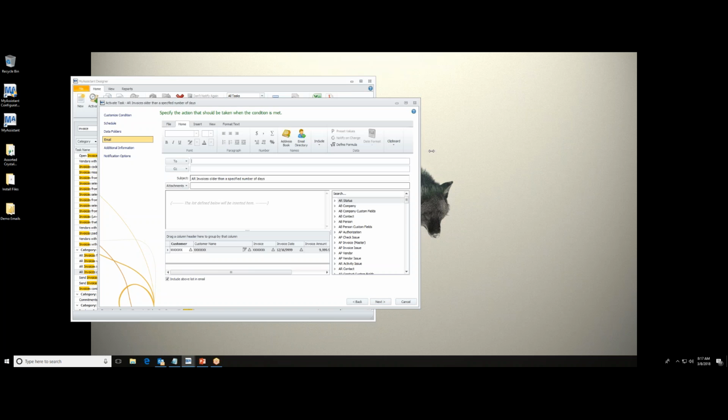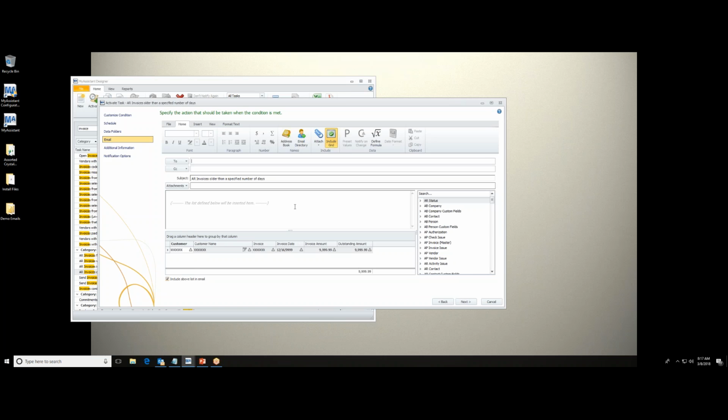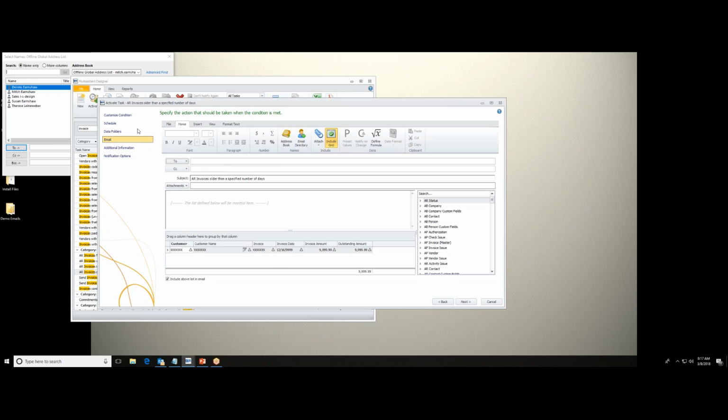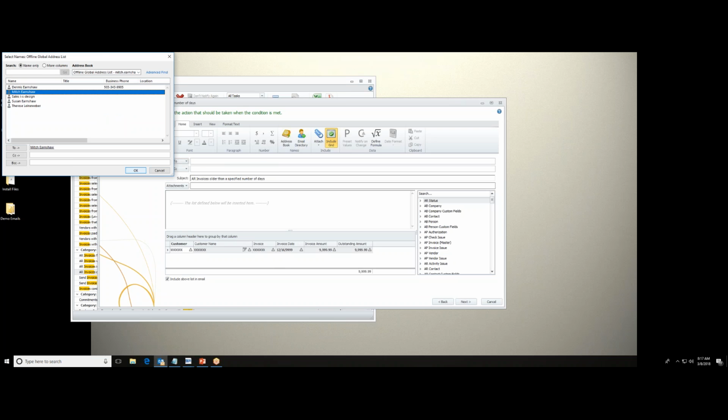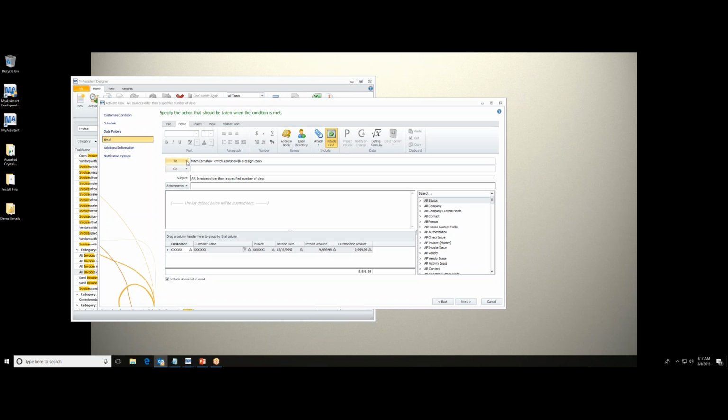Now this window's kind of busy. We know that. Here's where I actually define what gets sent out. I can grab something out of my Outlook address book, and I'm going to send it to Mitch here. I could say, look up the customer using something called an email directory, and maybe send the customer a list of past invoices. Put the subject line in, and this right here is the body of the email. Remember in the emails I showed you